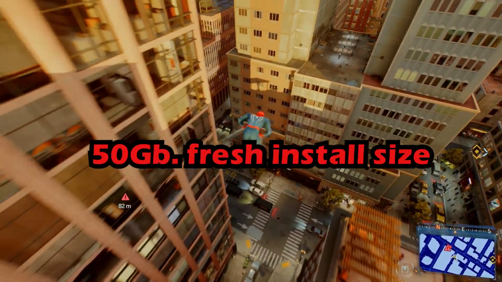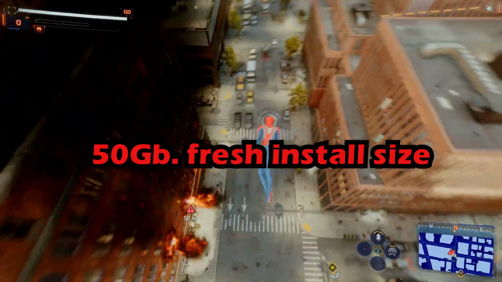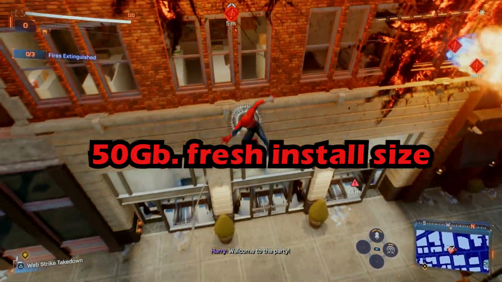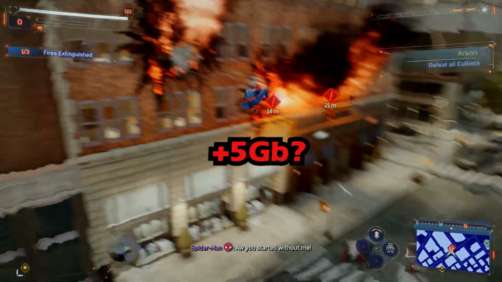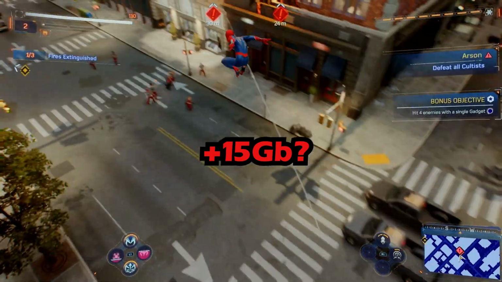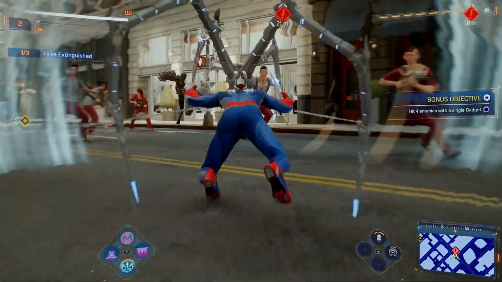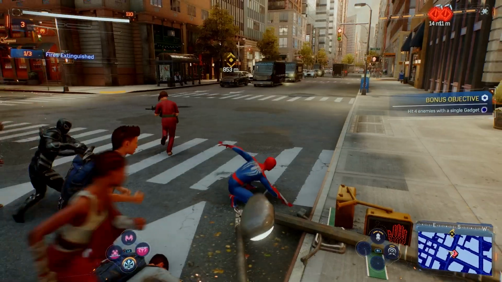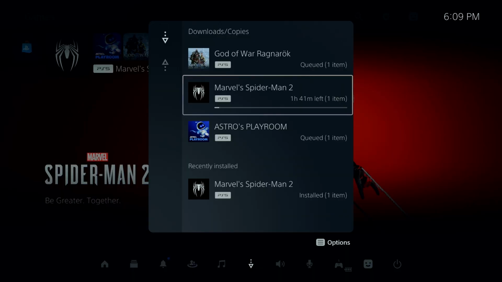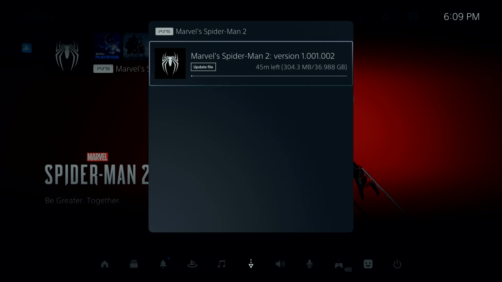Again, the full game, fresh off the disc, was 50 gigabytes. So what do you think the patch size was to fix it? 5 gig? 8? Something stupid like 15? Like something that's the size of another game? Like, please pause, give it your best shot, because I'm going to reveal it to you in 5, 4, 3,